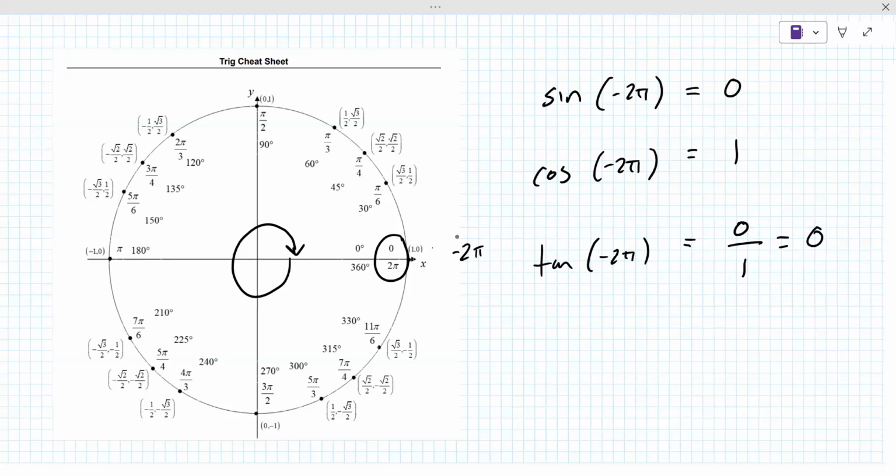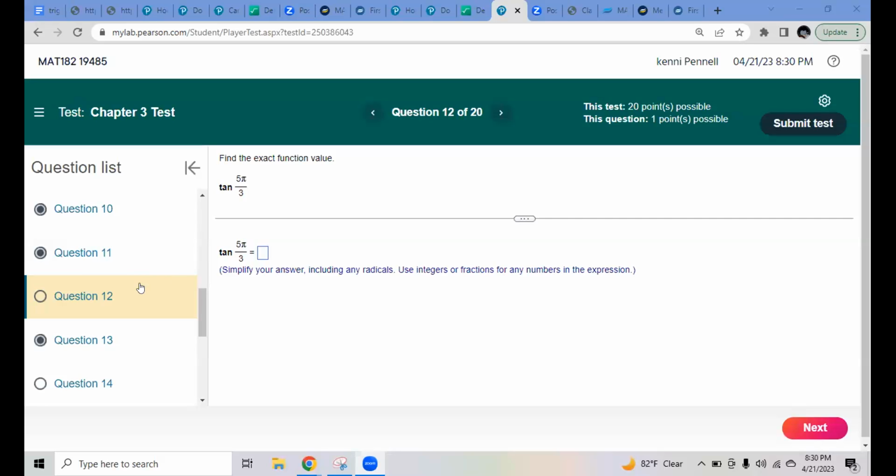Wait, did I answer this? Whoops. Okay, I'm gonna do the share screen thingy. I think I accidentally skipped this one. It says find the exact function value of tangent. Let me find where it says